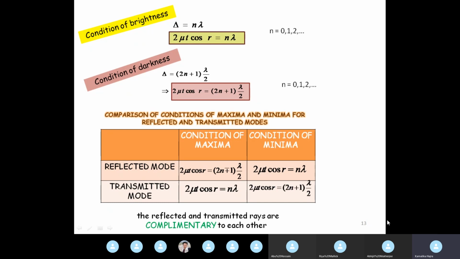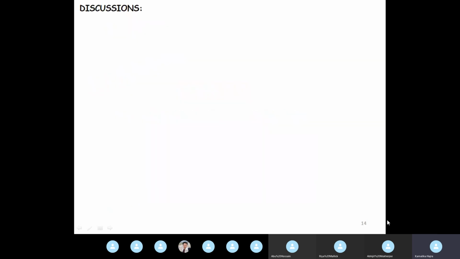Okay, all right. So now we have to make some very important discussions related to thin parallel film interference. And more important than the mathematical analysis itself, you saw that the mathematical analysis is not very involved, very trivial trigonometry and just some important concepts required in order to apply and finally get the expressions for brightness and darkness. But the related discussions are very important, and please listen to them very carefully and go through them very carefully.